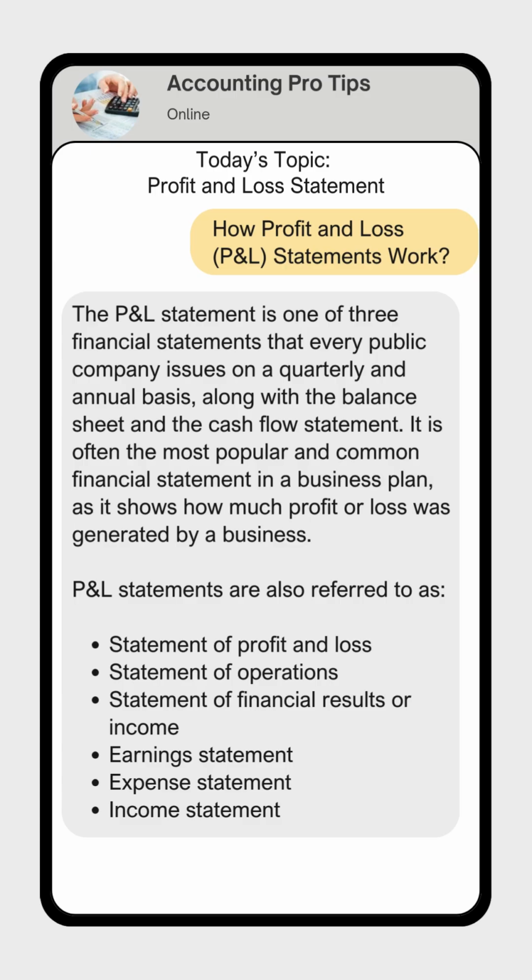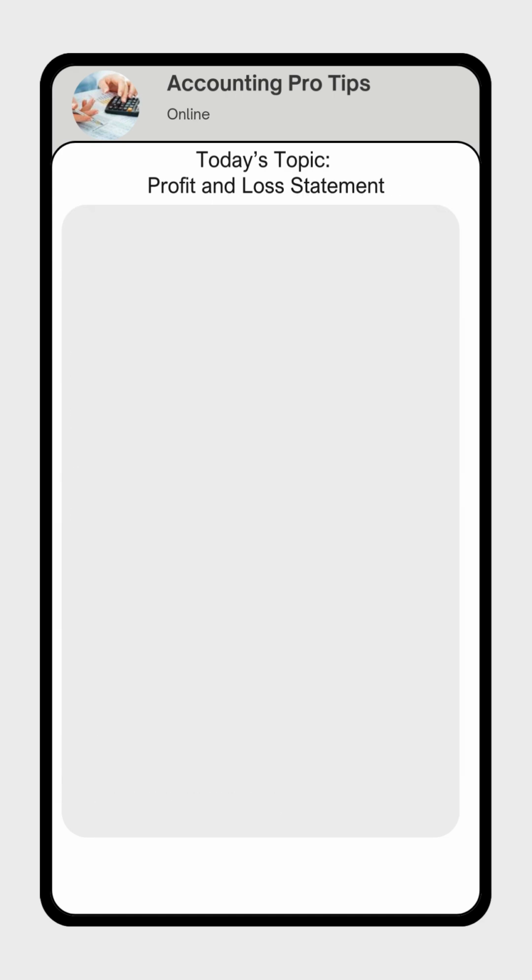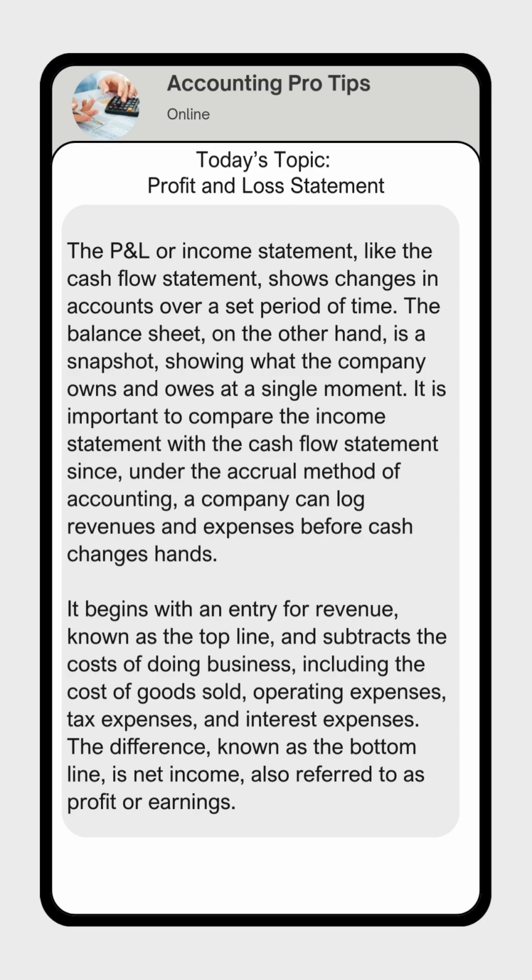P&L statements are also referred to as: 1. Statement of profit and loss. 2. Statement of operations. 3. Statement of financial results or income. 4. Earnings statement. 5. Expense statement. 6. Income statement. The P&L or income statement, like the cash flow statement, shows changes in accounts over a set